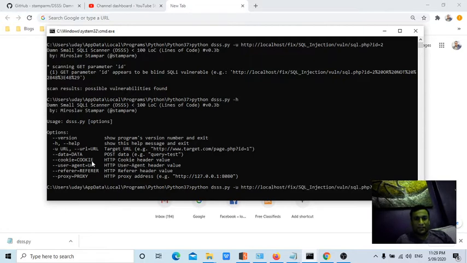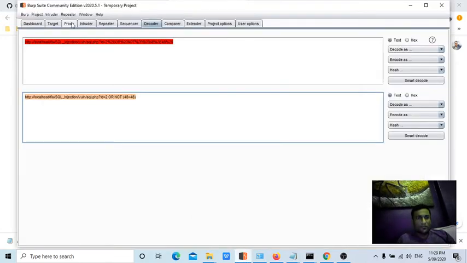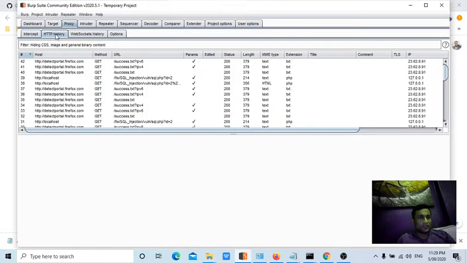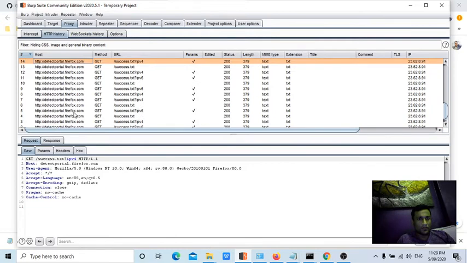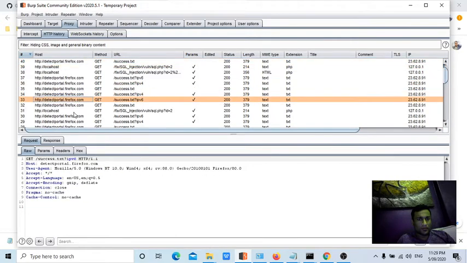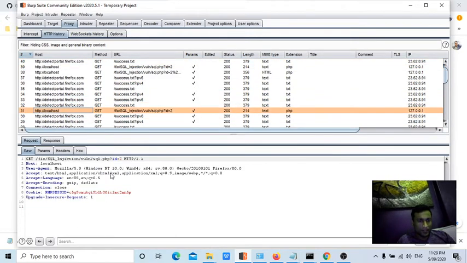So for internal pages, you need to put -cookie equal to. For that, first you need to browse the same page from here, right? So when you give id equal to 2, what's happening?